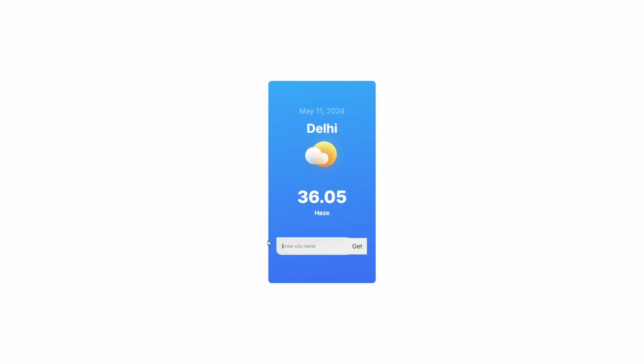Suppose I change the city name and press this button, Get, so I will get the data of this particular city. As you can see, the icon is also changed and the temperature is also changed for this particular city. So we will be building the whole application by using React.js, and you will learn a lot: